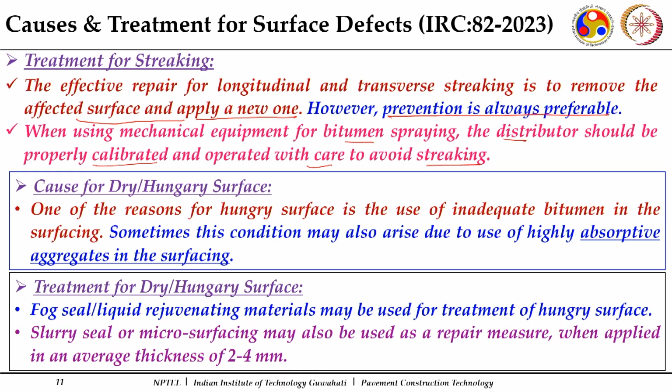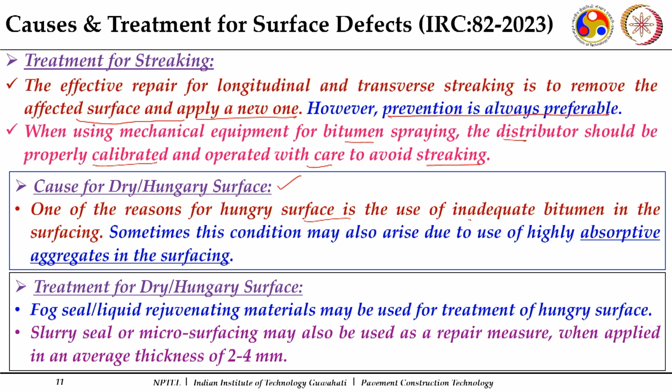So, this is a big challenge specifically. A proper control has to be there, otherwise for the surface you need to go for removal, or you need to go for an application of a new course over it. Then the other surface defect which is usually experienced is a hungry surface, or we will call it a dry surface. If we find that a particular surface is lacking in binder or the fine part of the aggregates, then what is the